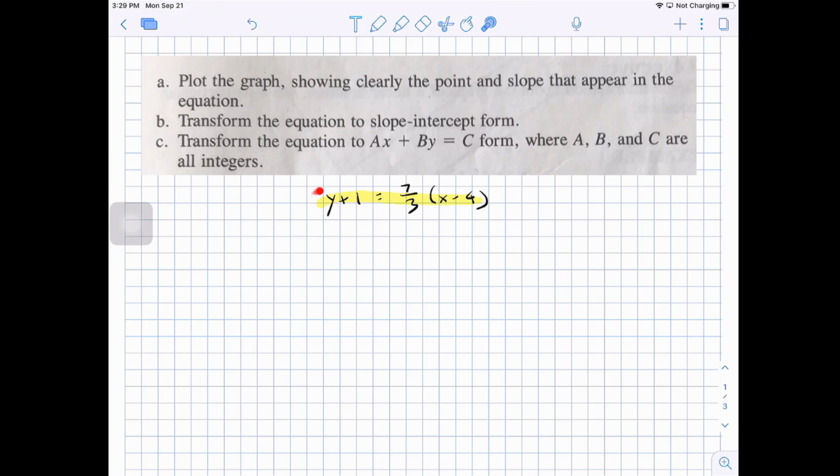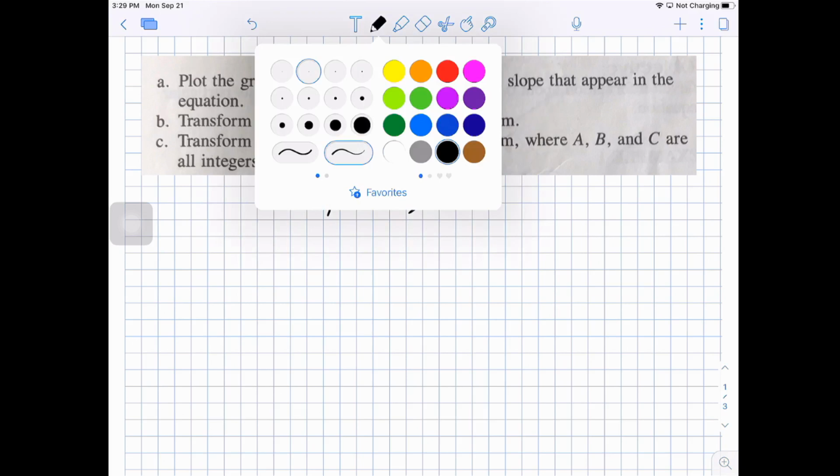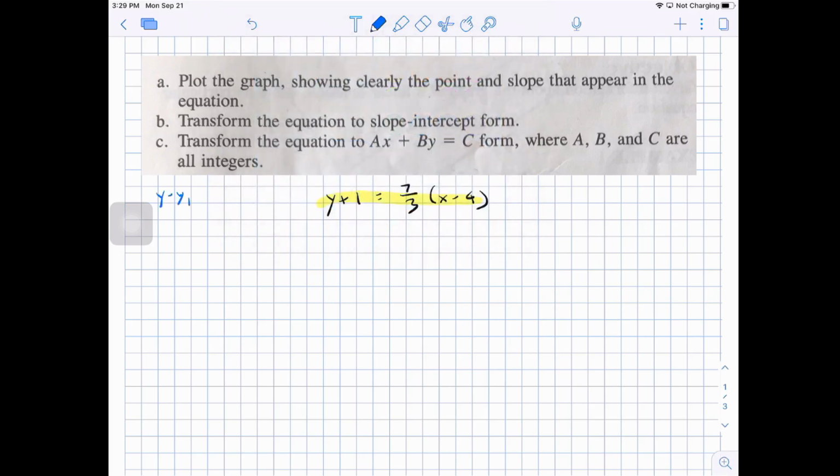Now our first step is going to be to look at this equation and identify the slope and the particular point on the line. We know that the slope is right here, 7/3, right? Just as a reminder, the point slope form, let me write it over here, y minus y1 is equal to m times x minus x1. Okay, so we know that the slope is equal to 7/3. So I'll go slope is equal to 7/3. And the particular point,